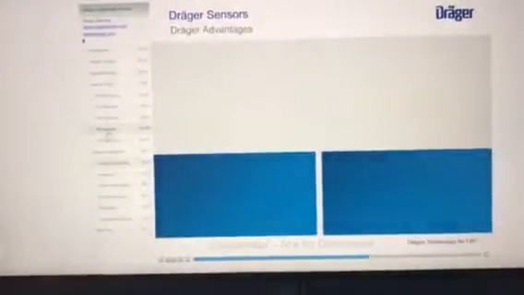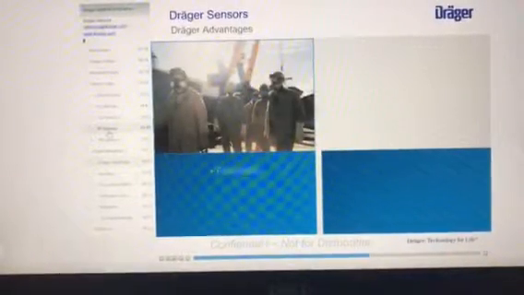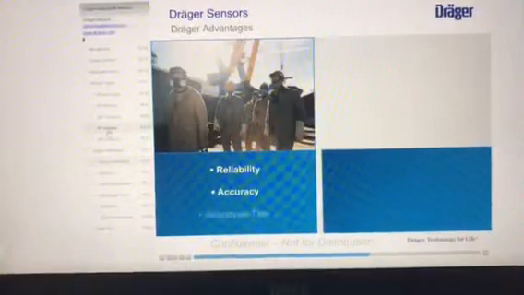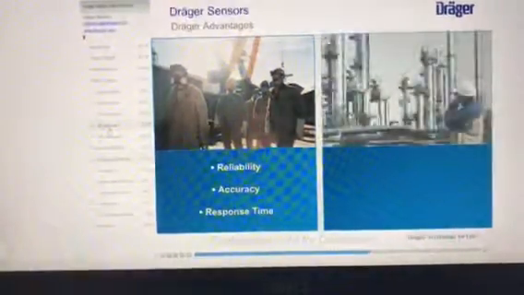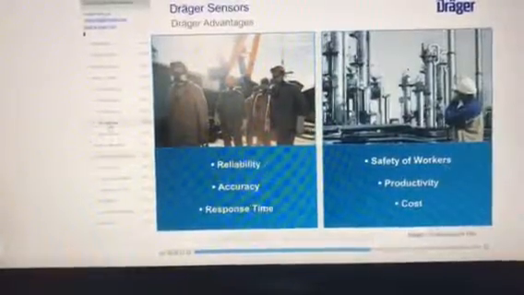Now that we have studied the types of sensors and how they work, let's look into some of the factors that are important to the end customers. Draeger sensors offer advantages that are important to each frontline worker, foreman, supervisor, safety engineer,